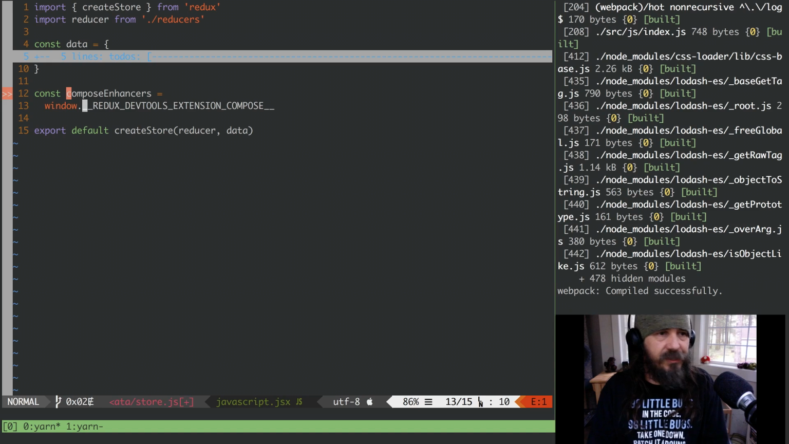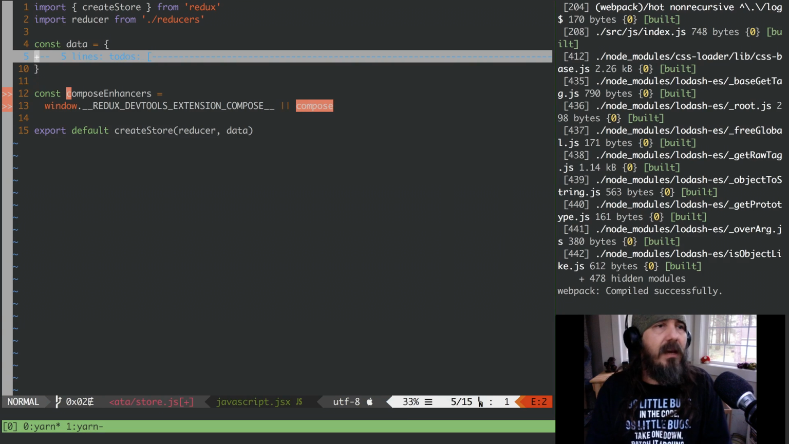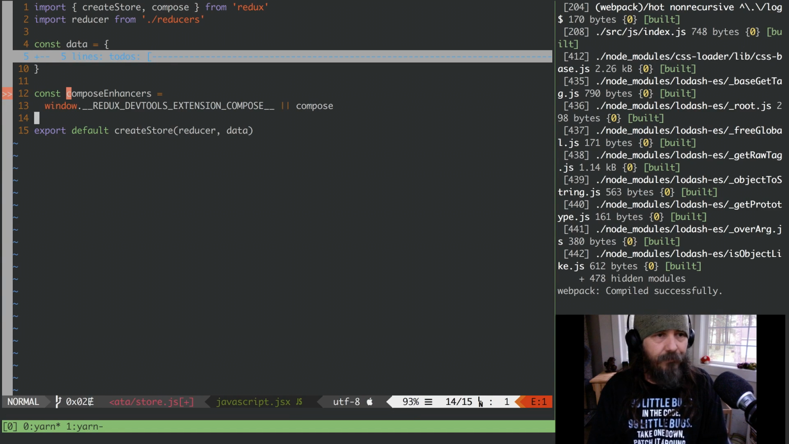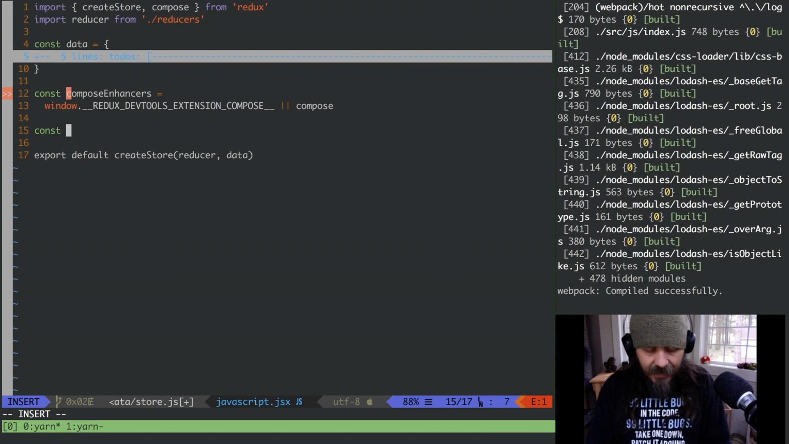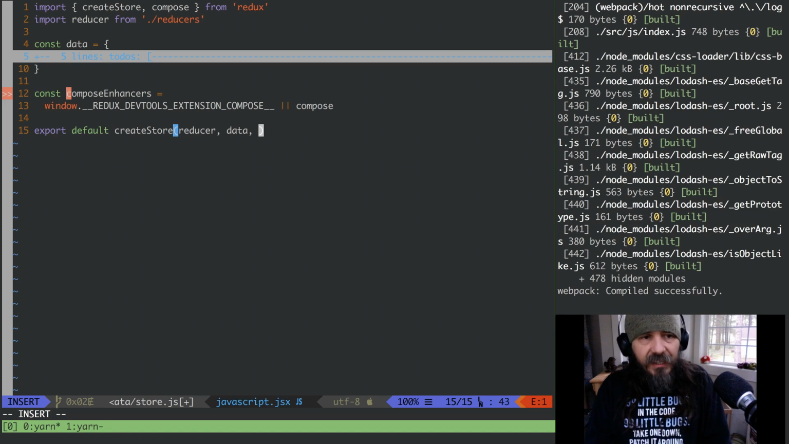And what we're going to do is OR this with compose itself. We could bring in the compose from crocks, but since we already have this in here, we're going to bring the compose in from Redux. And this is going to now give us a composition function that we could use for, like we could put our apply middleware, things like that in there, and it will build the functions for us. But since we don't have anything right now, we'll just use a simple identity function,